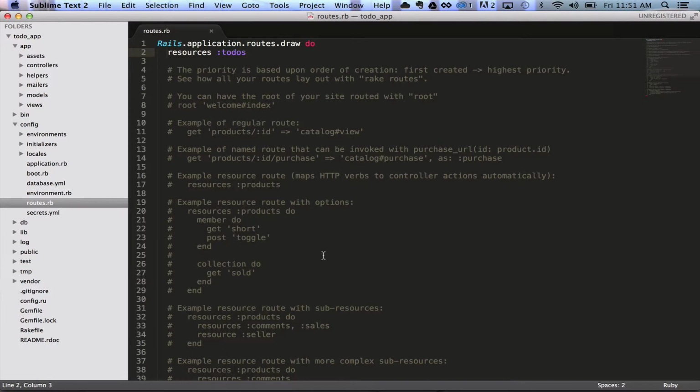Okay, so now I'm going to show you how the app works at a high level. So I'm back over here in the routes file, routes.rb, inside the config directory. This is where everything starts. Let's say that your website was todoitems.com or something like that. So when someone comes to a link on your site,